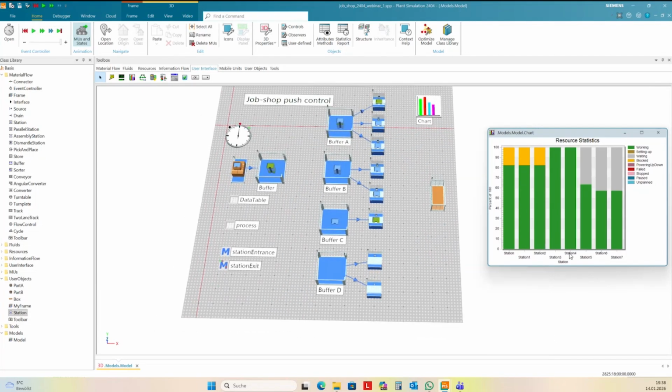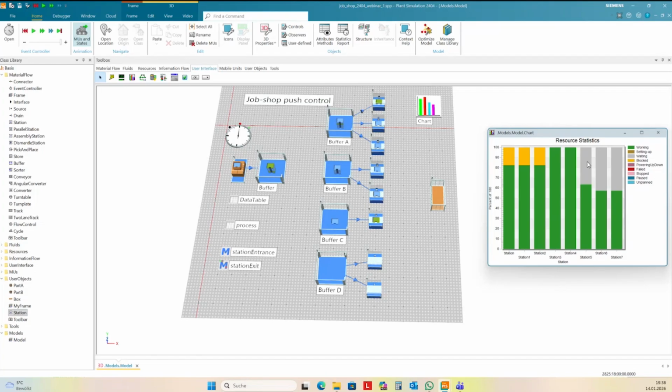So now I have station 3 and station 4. Station 3 and station 4 are occupied 100%. It's working all the time, and this is our bottleneck. So the stations before, station 1, station 2 here, they are blocked.